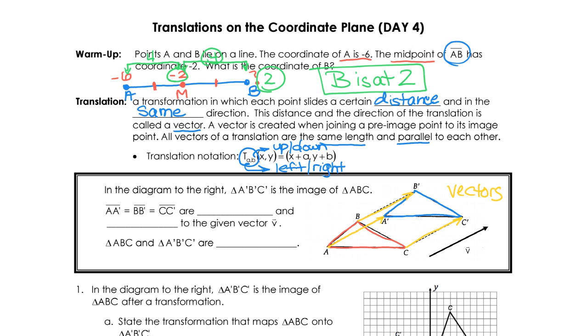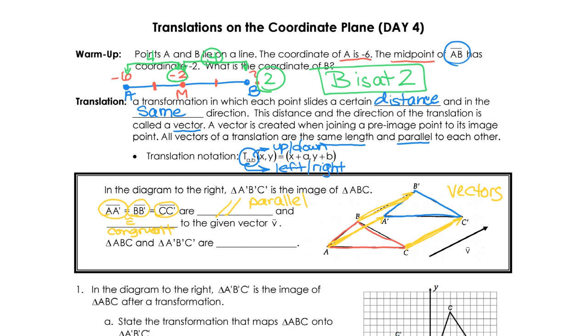Okay. And so it says in the diagram to the right, triangle A prime, B prime, C prime is the image of triangle ABC. Okay. That line segment that goes from A to A prime that I traced in yellow, B to B prime, and C to C prime, those are all going to be parallel. Okay. That's our parallel symbol. Notice all of those line segments are parallel to each other. Okay. And they're also congruent, meaning that they're all the same length, congruent,